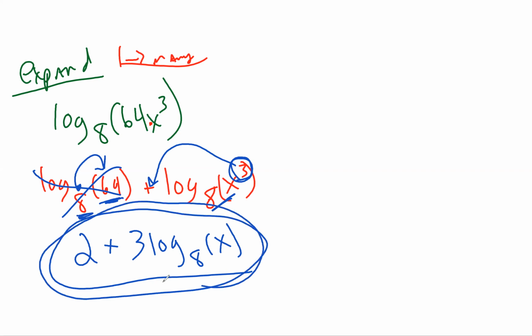So what do you guys think? Better, worse, questions, problems? Somebody say something. Okay, I have a question. So like where it's base 8 and then 64, so when you get the 2, if it was any other one, would it just be whatever the exponent is? Okay, hold on. So you're talking about right here, right? Yeah. What do you mean if it would have been any other one? Like 8 squared is just 64. Yeah. So the number that I'm looking for is just the exponent, I think is what you're saying.